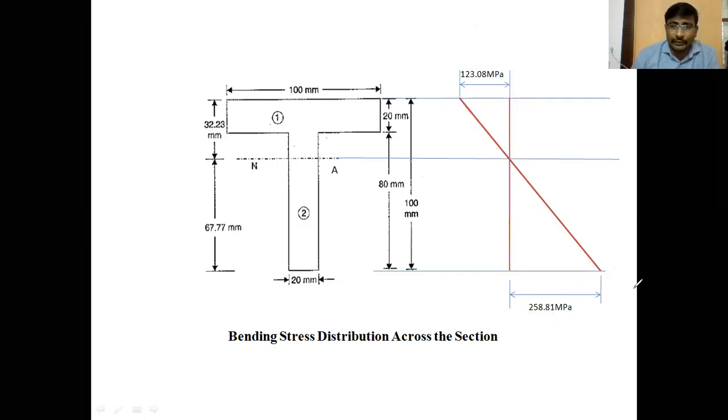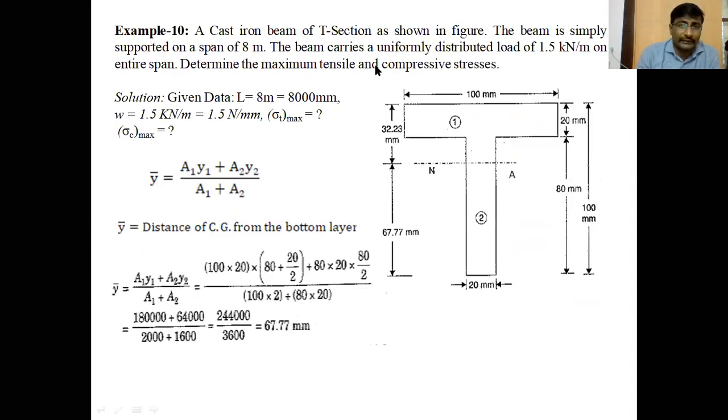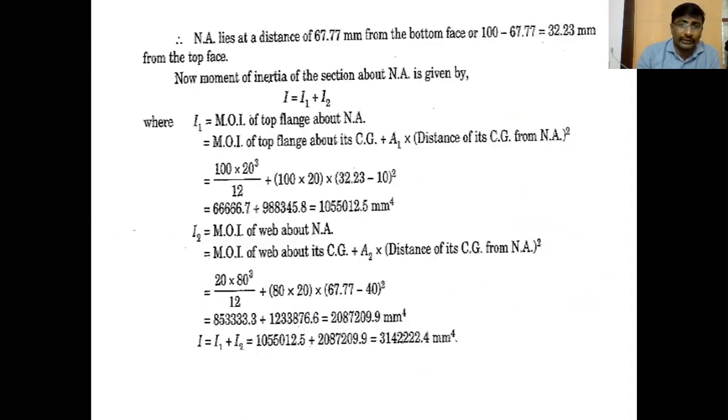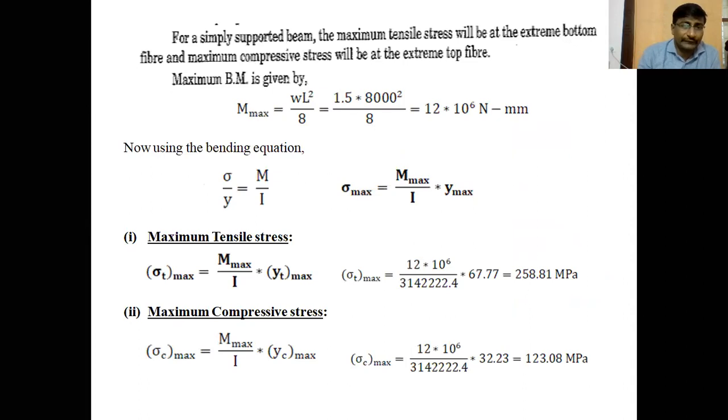This is the T section problem. Whatever the section is given in the problem, you have to find out the moment of inertia first and locate the CG value like this. Locate the CG point. After locating the CG point, draw a neutral axis. You have to then find the moment of inertia of the whole section about the neutral axis, whatever the areas involved in that section. After finding the neutral axis moment of inertia, go for the bending equation and find whatever parameter is asked in the problem, either it is maximum bending moment or maximum bending stress. Whatever it is, use the bending equation and find the parameter which is asked in the problem.